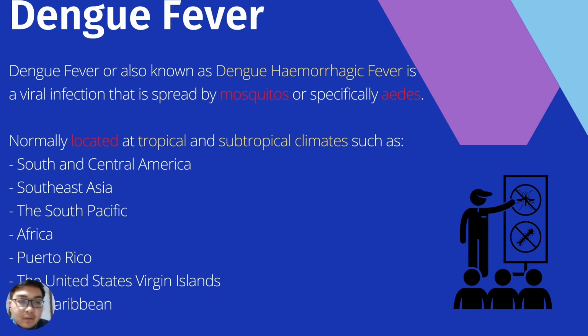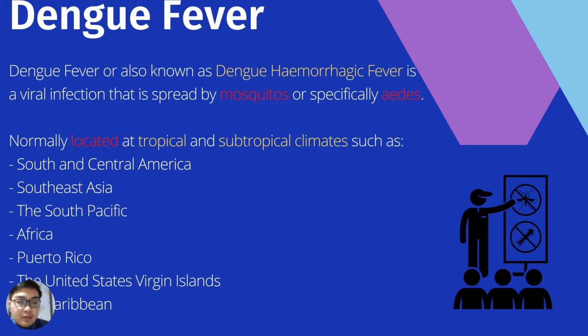For these slides, I will present to you the medical surveillance of dengue fever. Dengue fever, also known as dengue hemorrhagic fever, is a viral infection that is spread by mosquitoes, specifically Aedes. The dengue virus is normally located in tropical and subtropical climates such as South and Central